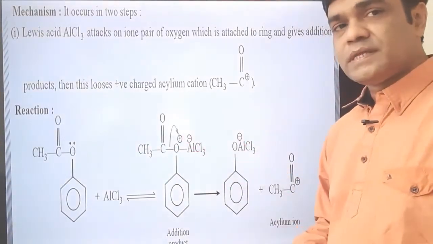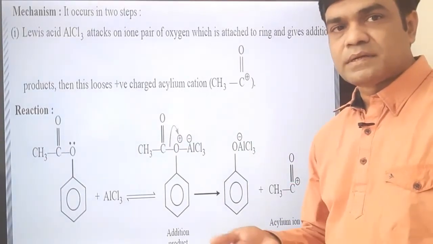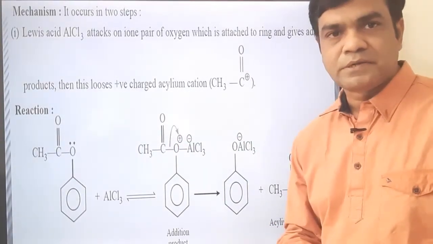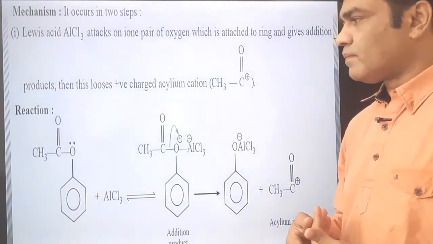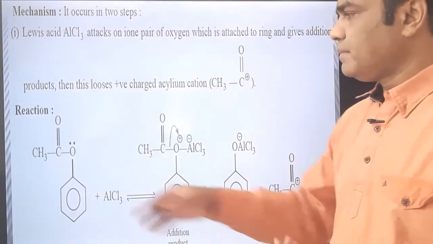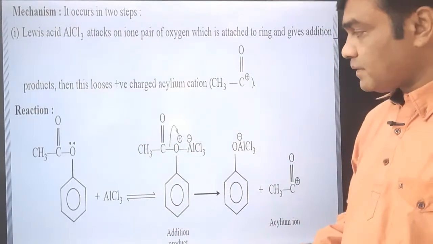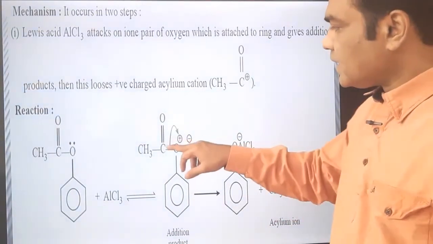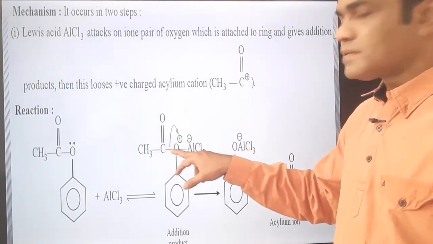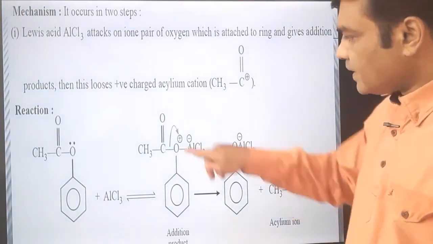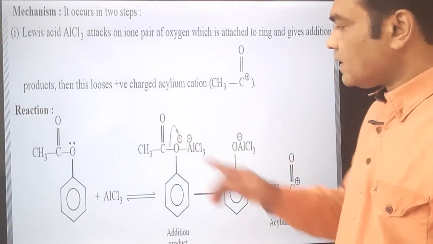Now as this oxygen is electron deficient, now it will gain its lone pair, because you know that it is an electronegative element, and the tendency of an electronegative element is to withdraw the electron. For a fraction of a second, we can say this oxygen donates its lone pair to aluminum and becomes electron deficient. But in the very next step, it gains its lone pair from this carbon. It means this carbon oxygen bond undergoes heterolytic cleavage. This bonded pair of electrons is open on the oxygen, and oxygen gains its lone pair.